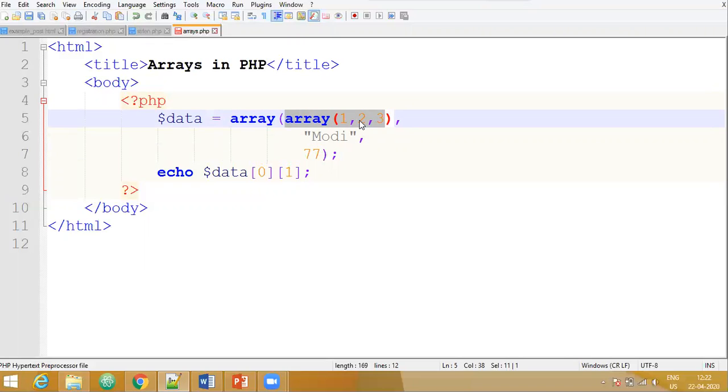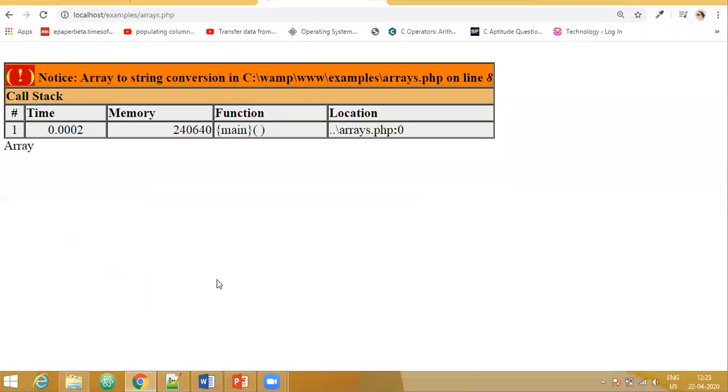So since it is an array, the index value again begins from 0, 1 and 2. So we have to specify two indexes. This first index is relevant to the first array and this second value is relevant to the array within an array, that is this part. So now let us see the output. Yes, we are getting the value 2.